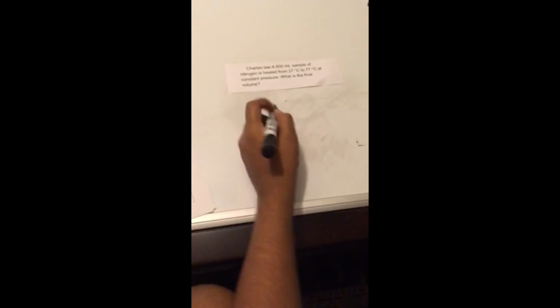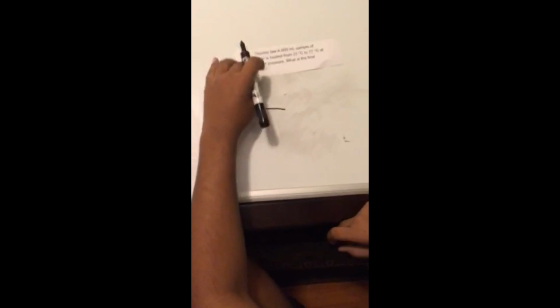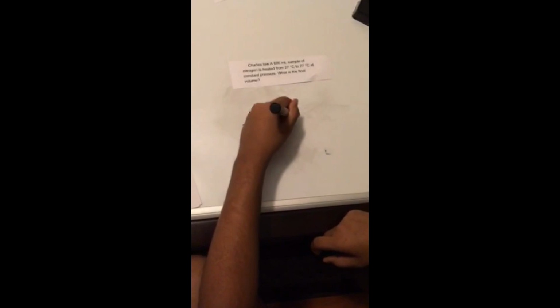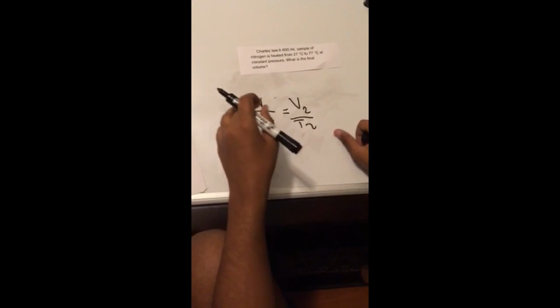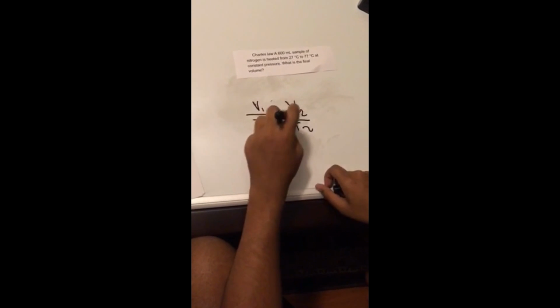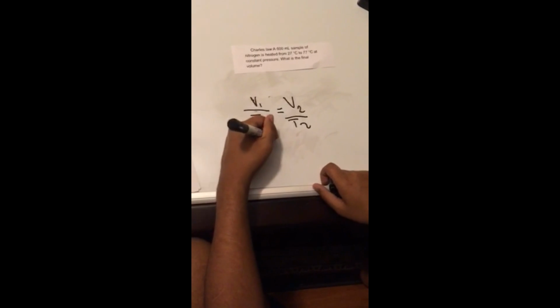So in this, we're trying to find the volume. We have volume and temperature. So it would be V1 over T1 equals V2 over T2. In this, we're going to start plugging in, but first we have to find out the volume. So what we're going to do is we're going to do V1